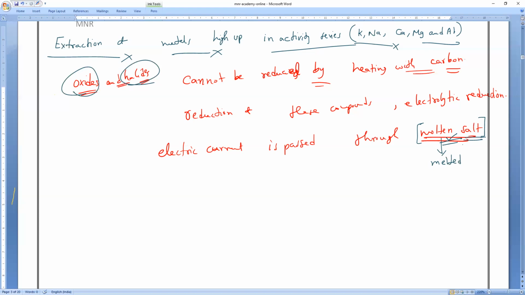If you do the aqueous NaCl, that process we call the chlor-alkali process. Second chapter will get it. Am I right or wrong, everybody? Second chapter, production of caustic soda. What do you mean by caustic soda? Anybody? Caustic soda, sodium hydroxide. Understanding? And again, one more example I told you, electrolysis of molten